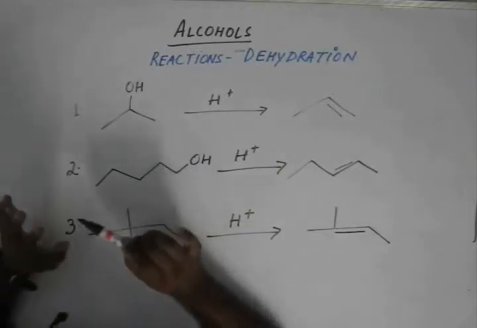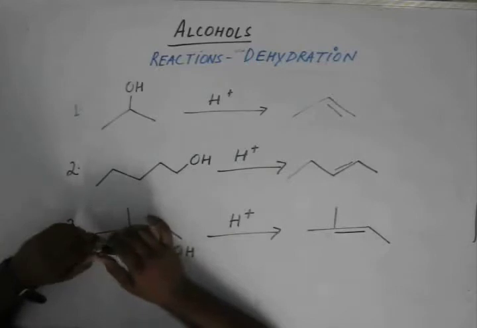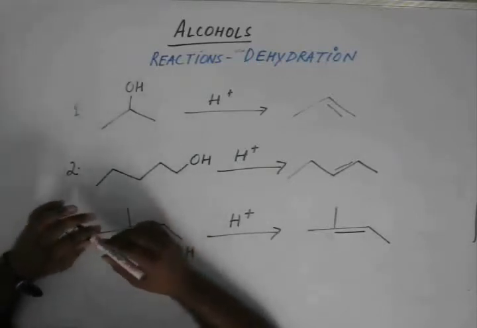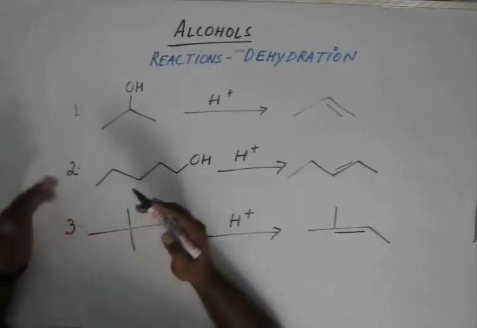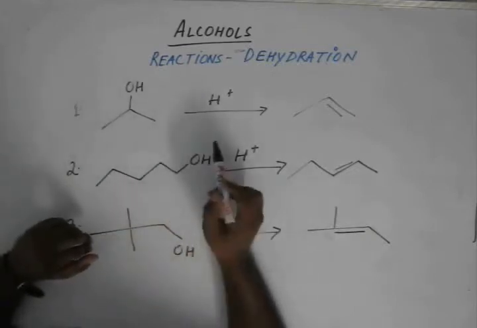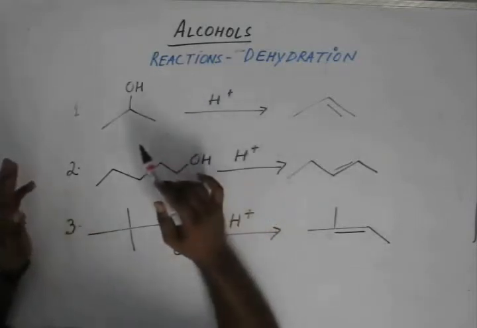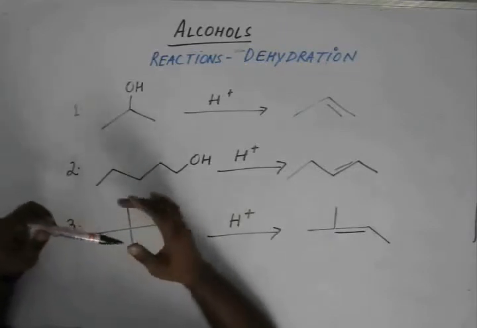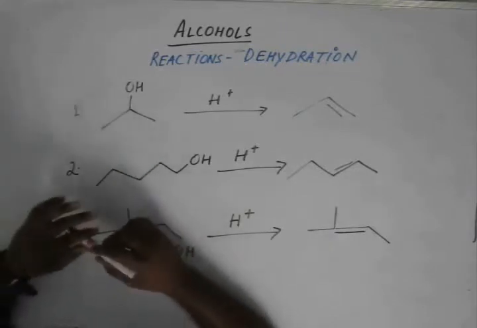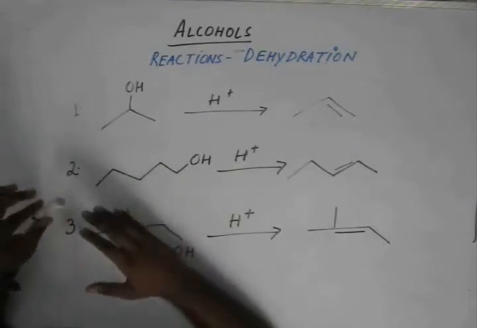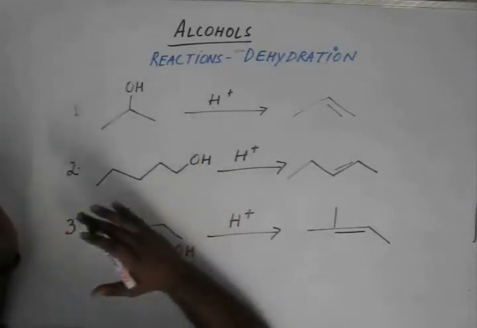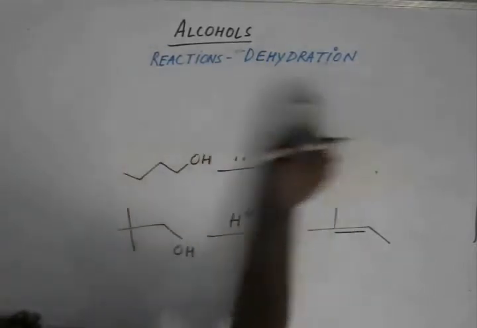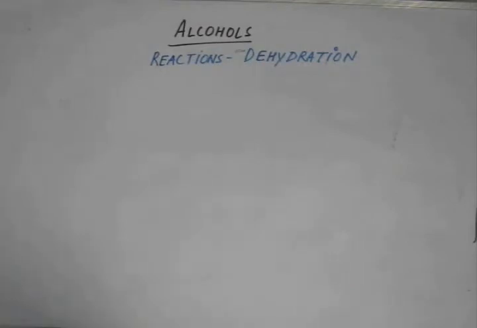If you do not get these reactions, I would suggest that you go to the chapter of alkenes and see the modes of preparation of alkenes by acid catalyzed dehydration of alcohols. We have given a detailed mechanism and the method of solving these kind of problems. I am rushing through this part because we have already dealt with these questions.